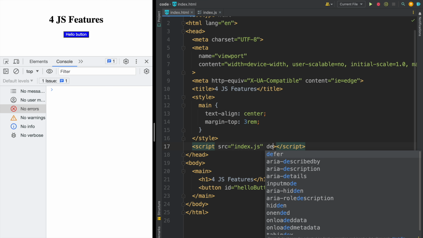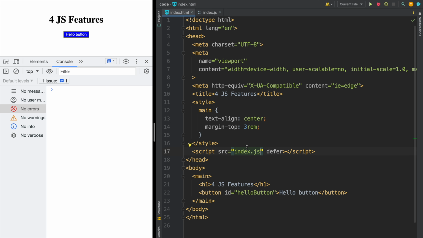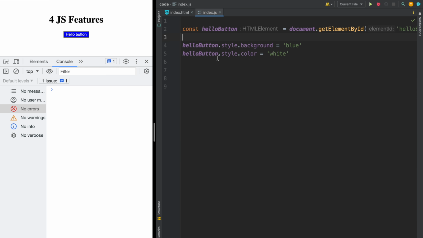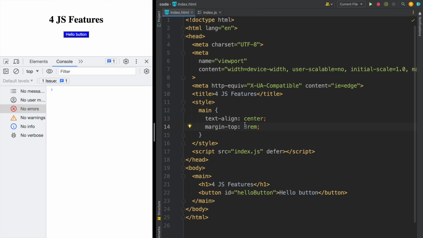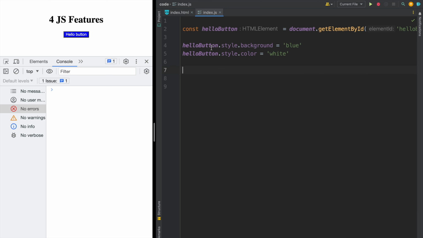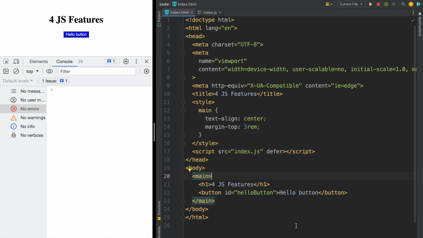You can pass defer here, and your script in the head will be downloaded and executed only when the whole body is parsed. And if you are manipulating some elements in your script, all these elements will be available, and you can just execute your script and have no errors. So that's it. Okay, in this video I told you about 4 features in JavaScript related to the browser, loading scripts, styling your console,